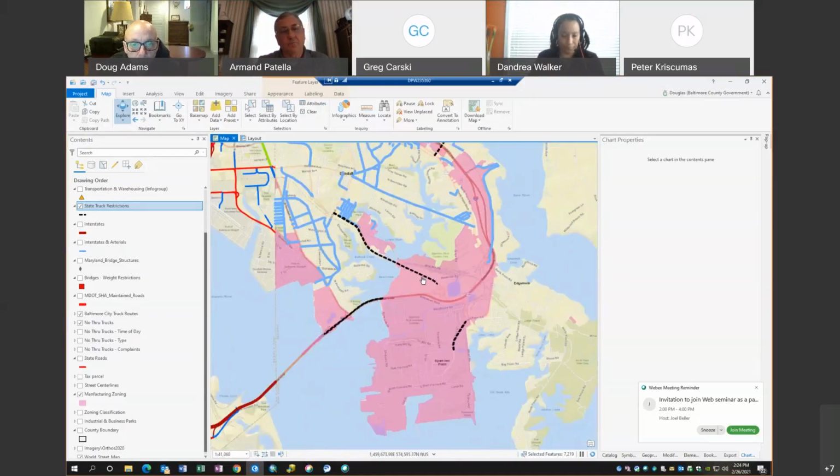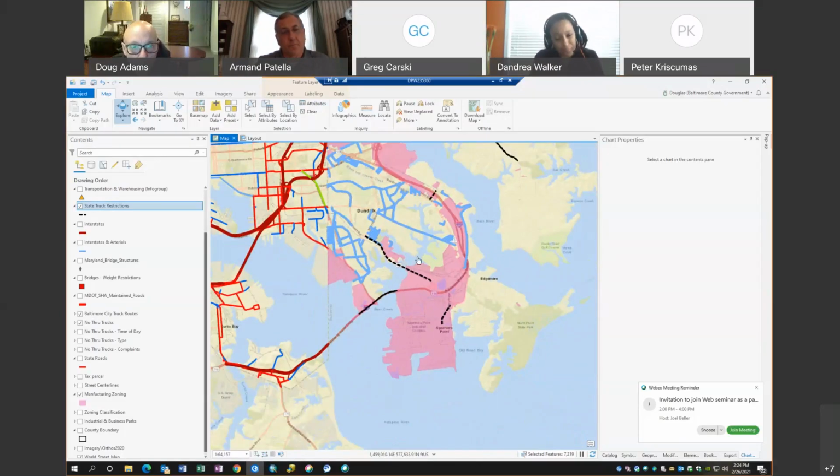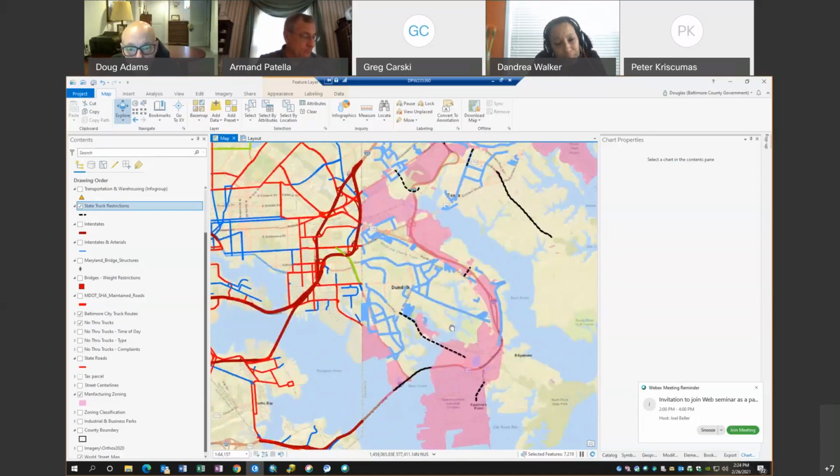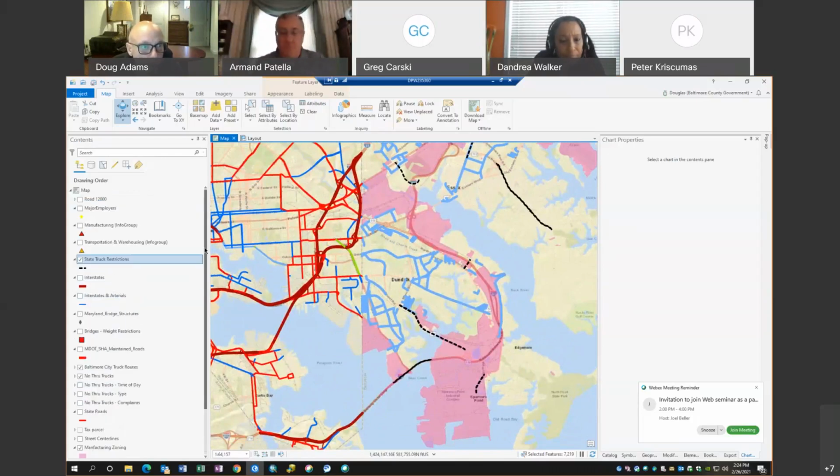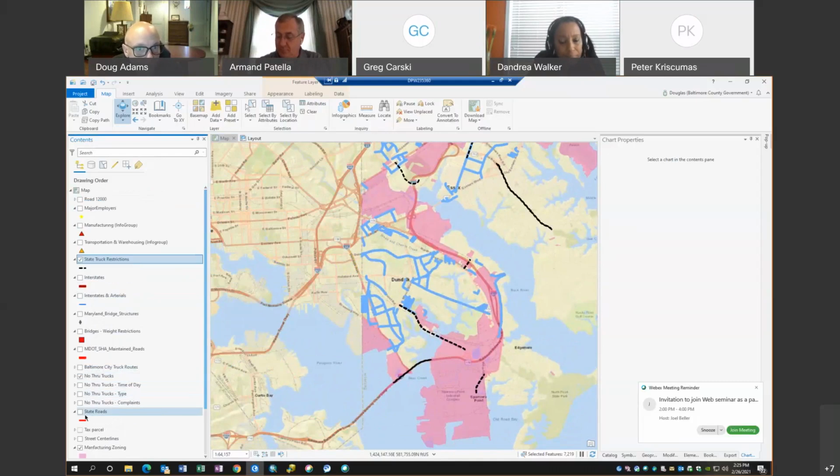So then starting down in the Sparrows Point area, we've got all these areas. I'm going to turn off the city data for a little bit, just to get rid of what I perceive as clutter on the map right now, unless there are objections, so it doesn't overwhelm us, and then turn on the state roads.